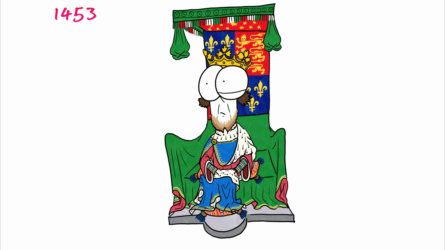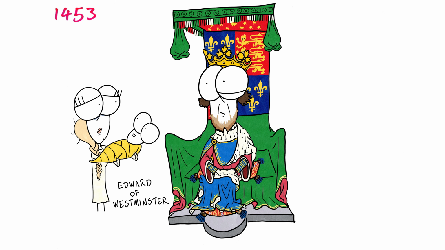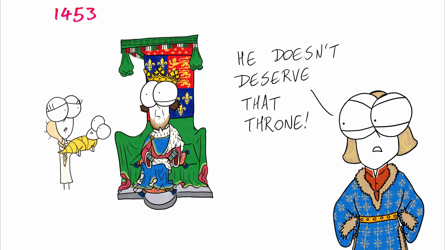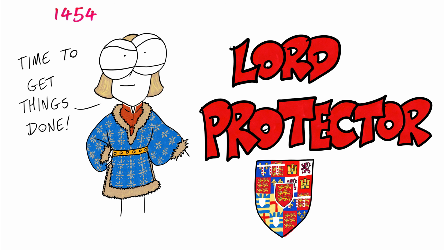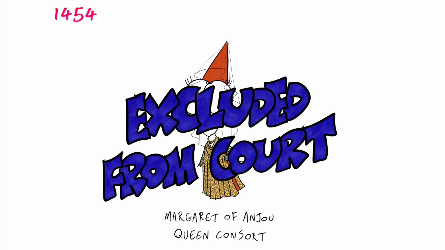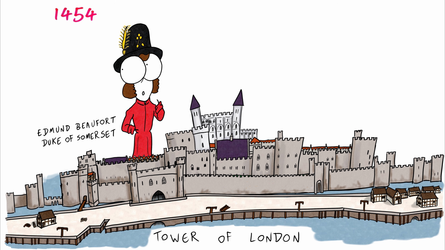During these disasters, Henry had a complete mental breakdown and became despondent, barely even responding to the birth of his own son. Amidst the chaos, Richard, Duke of York, had returned and gained many allies, including the wealthy Richard Neville, Earl of Warwick, in opposing the king's authority or lack thereof. He was proclaimed Lord Protector of England while the king was incapacitated. He had Queen Margaret excluded and his rival Edmund Beaufort held captive.